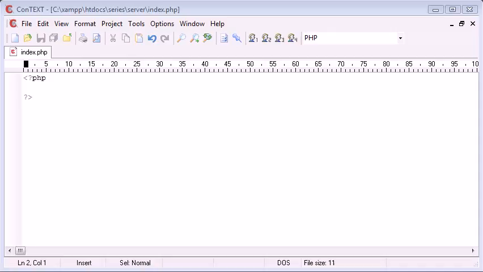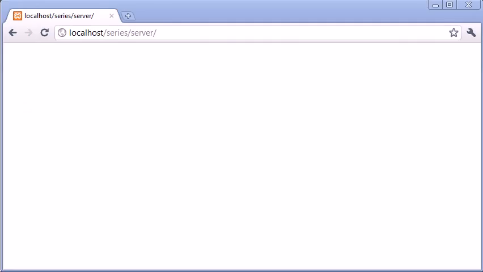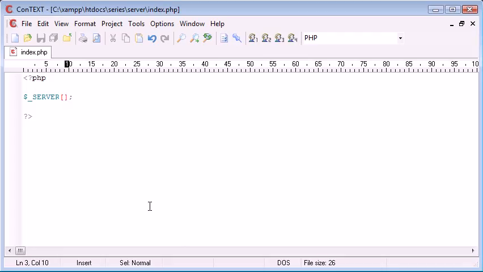Now in this video tutorial, and the video tutorials that are going to come after this in this short server series, we're talking about a predefined variable in PHP called $_SERVER. Now you may have seen this before if you've dealt with PHP before. Server is a predefined set of environmental information, and it allows you to access certain information about